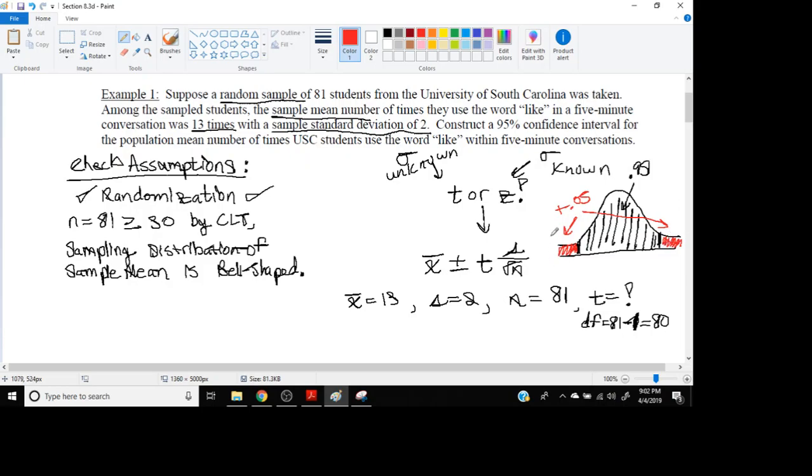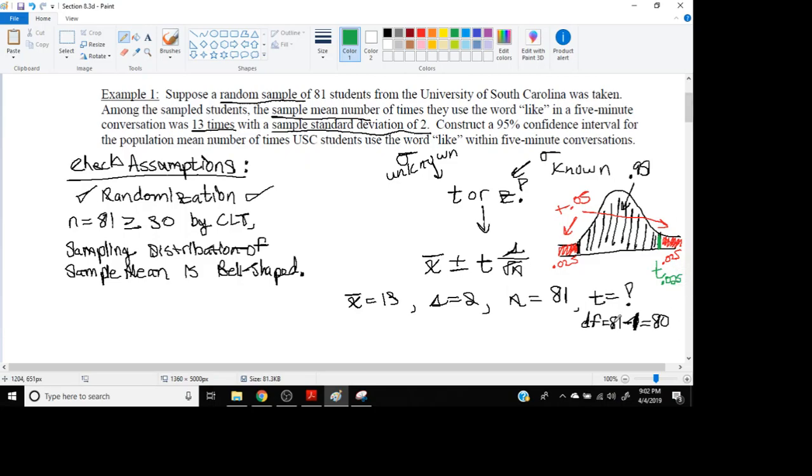Since this is symmetric, if I divide 0.05 by 2, that means this area is 0.025, and this area here is 0.025, right? So that's the probability here of 0.025, and this red probability here on the area under that curve is 0.025. What this table does is it gives you the amount above, right? And so the table is going to give us the t-value. It's going to give us the value of t that has the area or right tail probability of